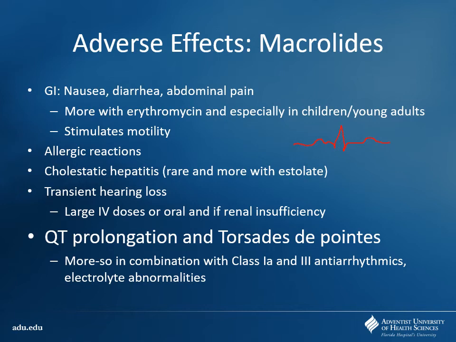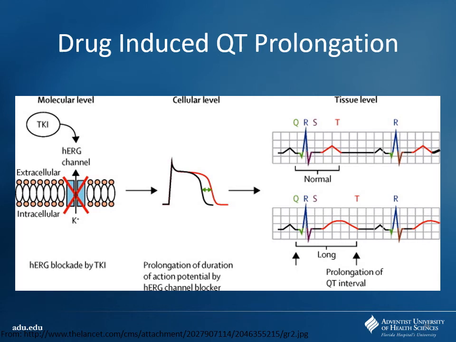So again, just one drug by itself, probably not a big deal. Multiple drugs is where you want to think about things like getting an EKG to look for that QT interval, okay? So just something to think about. The way this happens, though, is because, and we'll go over cardiac physiology more when we get to the cardio section later on, but just know that typically when you have cells that are repolarizing, they're having potassium leaving the cell, okay? It's called potassium efflux. If I block that, that's what we're going to see,